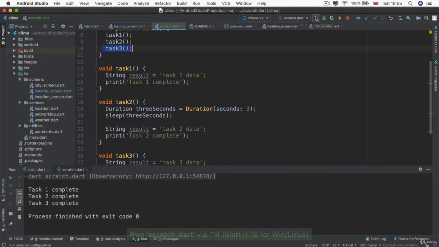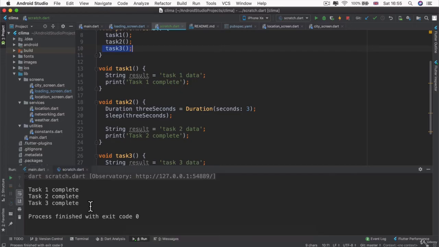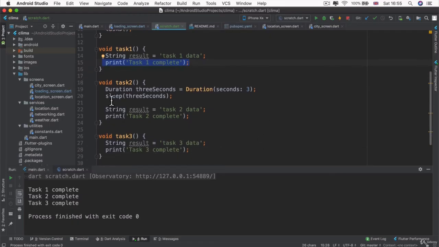Let's just run that again and notice task 1, task 2, task 3. So we know that each of these tasks, printing a single string into the console, basically takes a negligible amount of time. All that's causing the delay is this artificial delay that I've put in here using the sleep method,